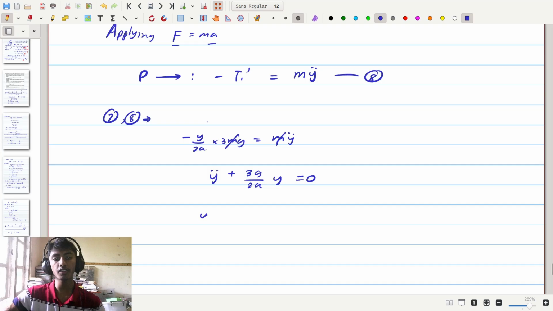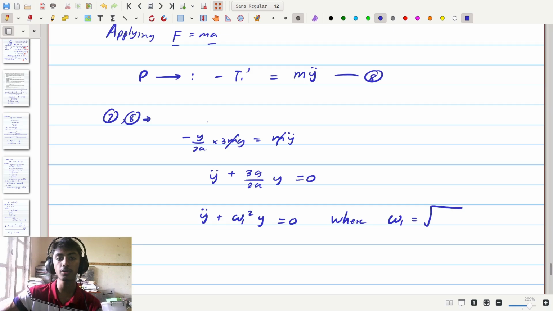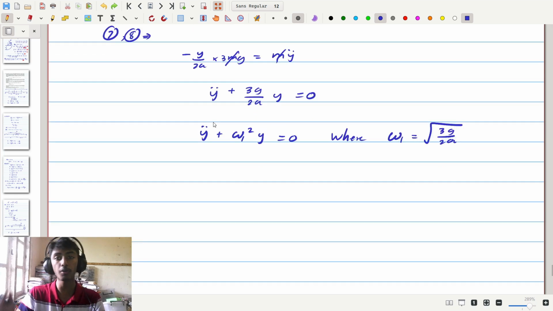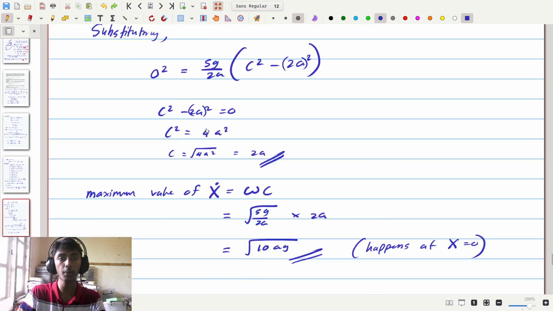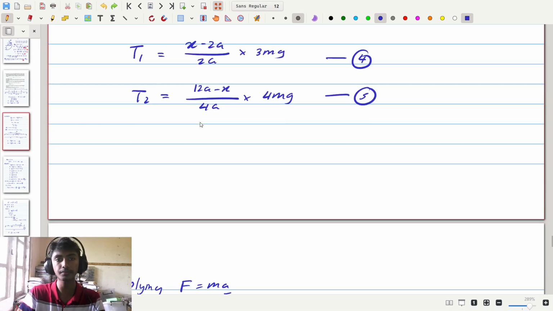Now what we wanted is a pattern of y double dot plus omega 1 squared times y equals 0. So we can say this is the case where omega 1 is equal to the square root of 3g over 2a. Once again, we can write this directly since omega is positive and 3g over 2a is also positive. So therefore, omega 1 is also found: omega 1 is equal to the square root of 3g over 2a, and we have y double dot plus omega 1 squared times y equals 0. Now given this, they asked us to find